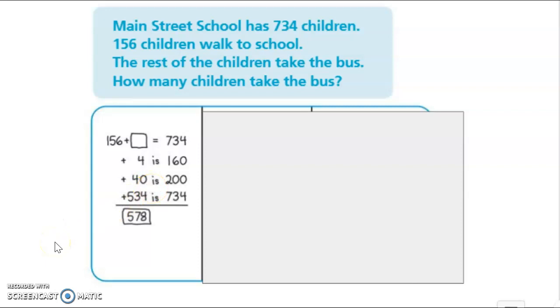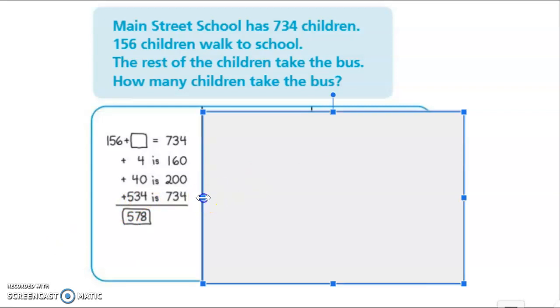So they counted by hundreds and then tens and then ones and got to 734. Now, how did they get their answer for the rest of the children that take the bus? How did they get to this number? Right, they added up their numbers that they were adding up to get to their total. So 4 plus 40 plus 534 equals